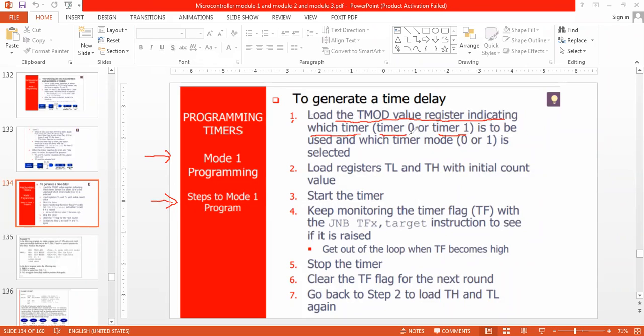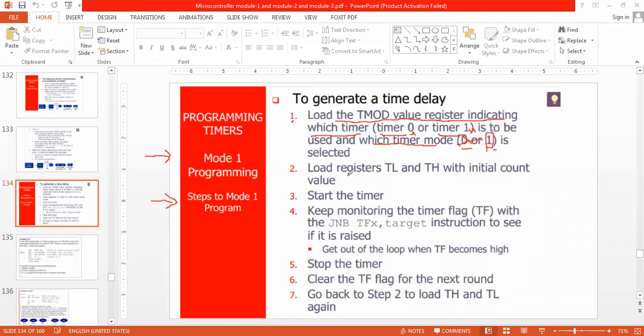For timer 0, the lower 4 bits; for timer 1, the upper 4 bits are used, and which timer mode. In case of timer mode 1, the mode bits should be 0, 1.